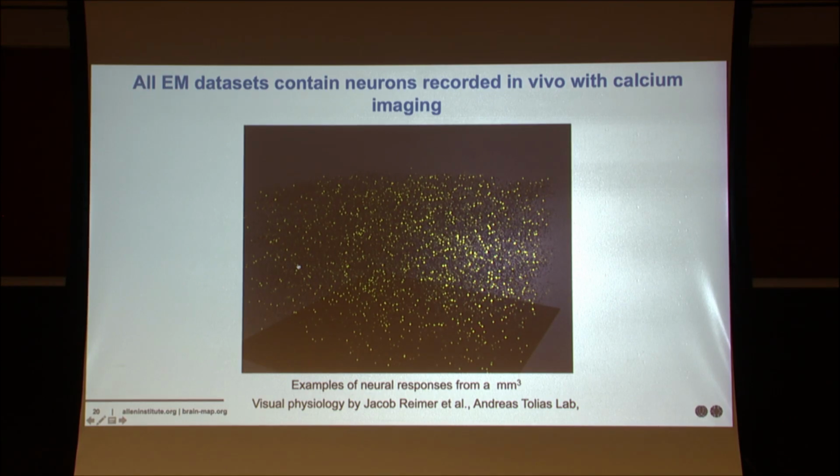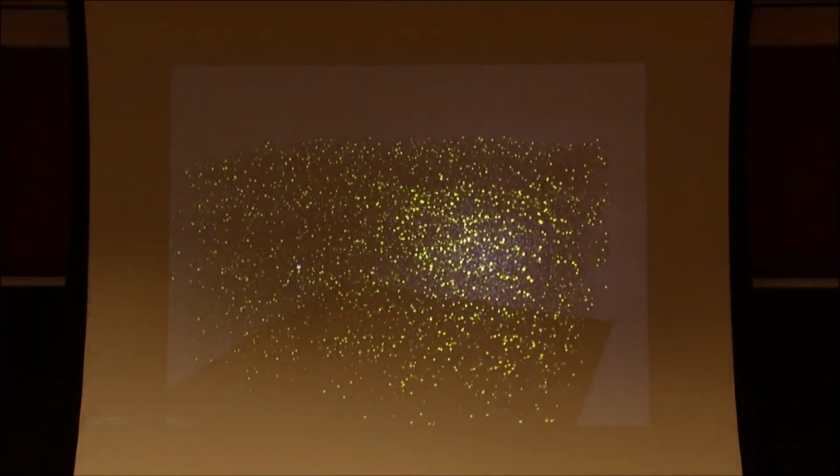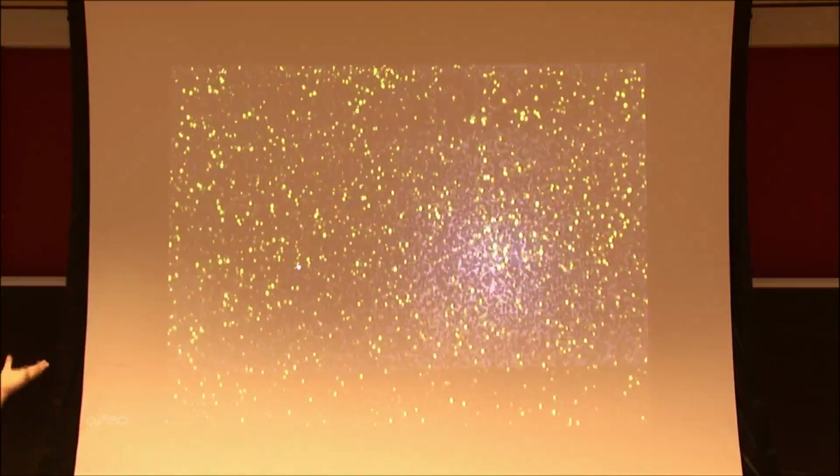So here is 70,000 neurons flashing away, not all simultaneously, but collected data over the course of a while. This is the denominator of this big experiment: the physiological activity of a bunch of neurons in 4 visual cortical areas in the mouse while it's seeing stuff, natural movies and other stimuli.